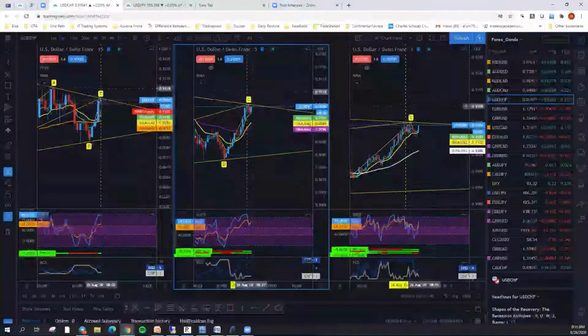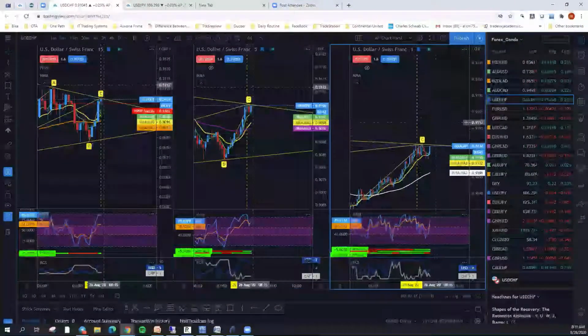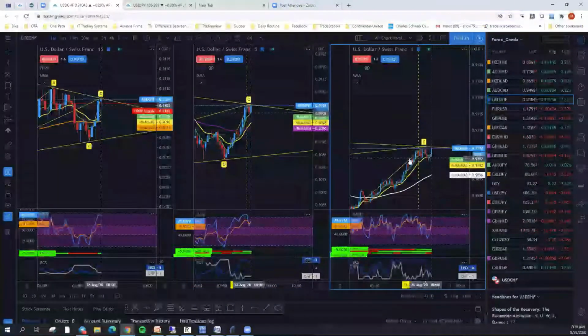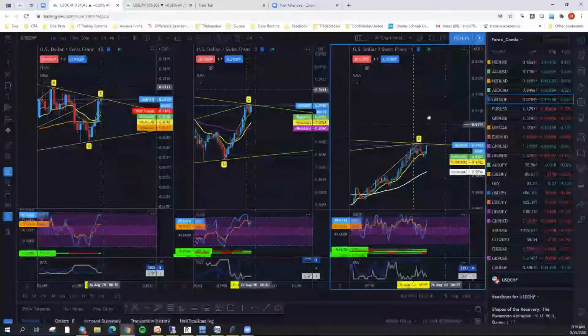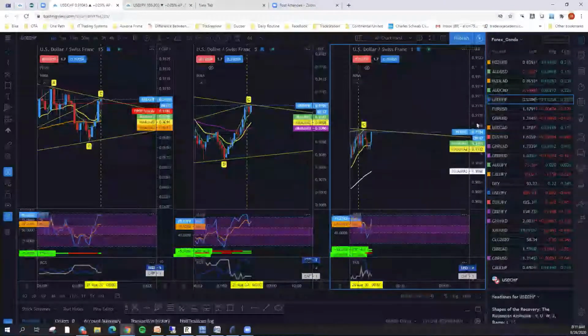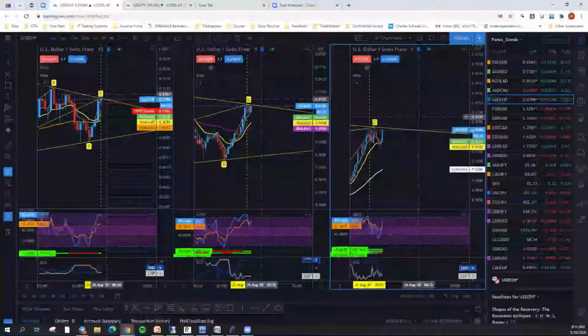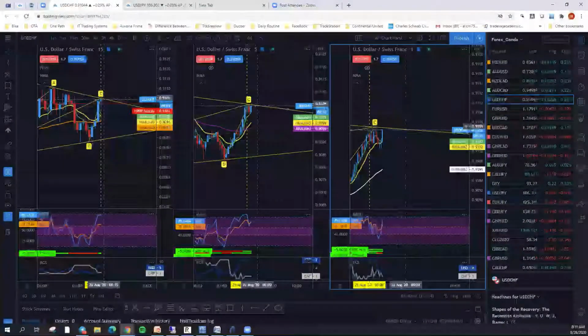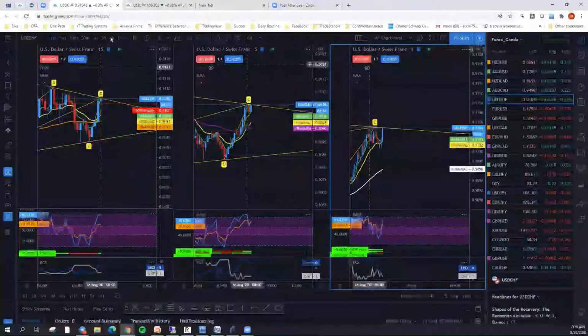We have a moving average crossover on the 1 minute. I want to see that happen. I want to see all these in the right place before this thing breaks. If we get a close above the C, we can take this trade. And so we're looking at dollar strength,